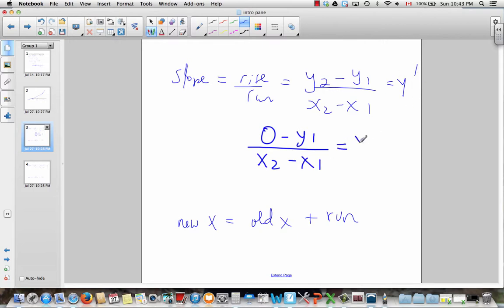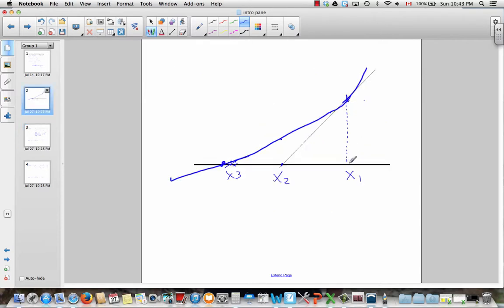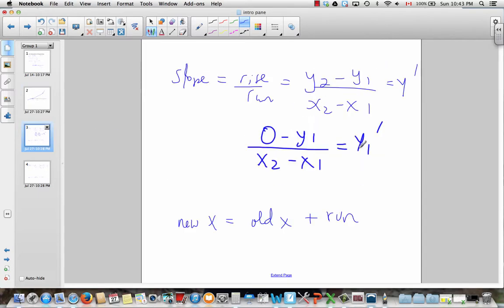We also notice that we're evaluating the derivative at x1. So our tangent line is drawn at x1, so this slope is y1 prime. Now if I rearrange that and solve for x2, we'll cross multiply this up, cross multiply this down, and we'll get x2 minus x1 is minus y1 over y1 prime,